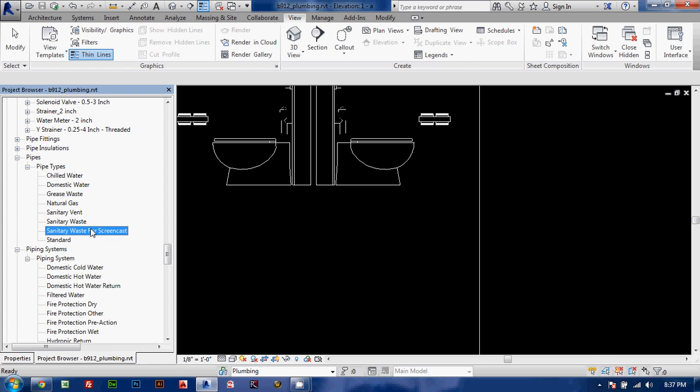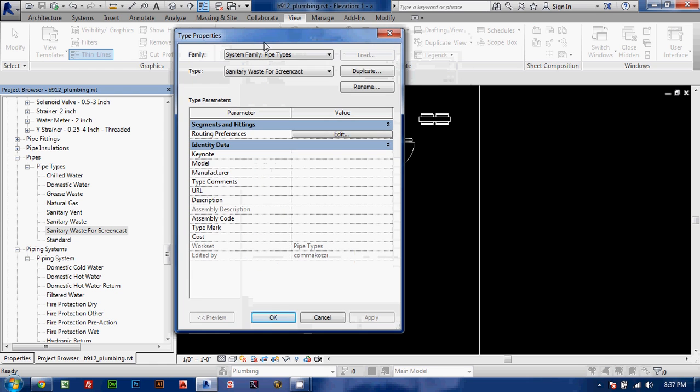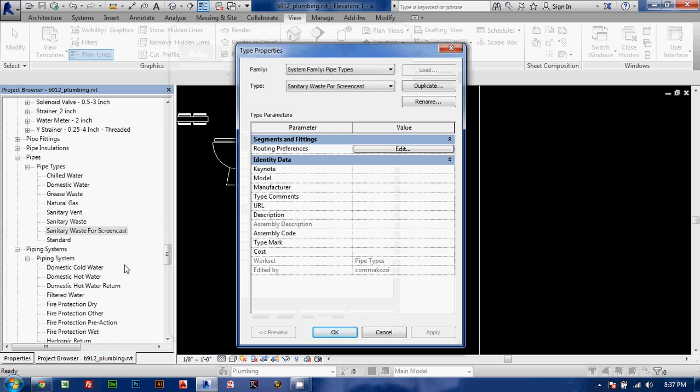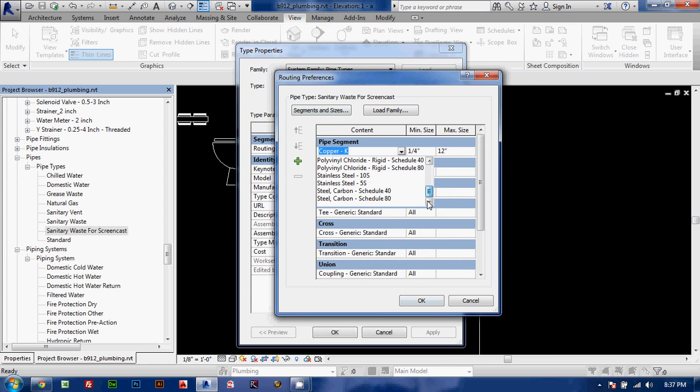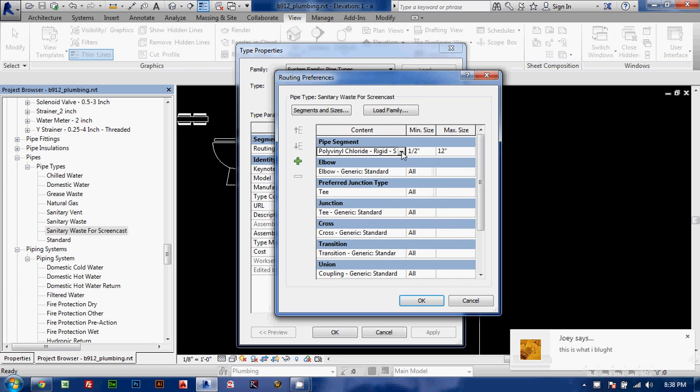Okay, and then I'm going to double click. Anyway, I double click on it, and we can go and change our routing preferences. I want this to be schedule 40 PVC, and it is not actually in our list. Actually, yes, it is. All right, polyvinyl chloride. We're going to